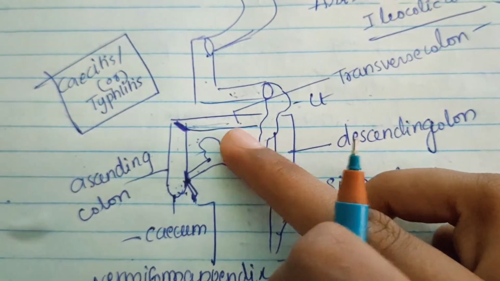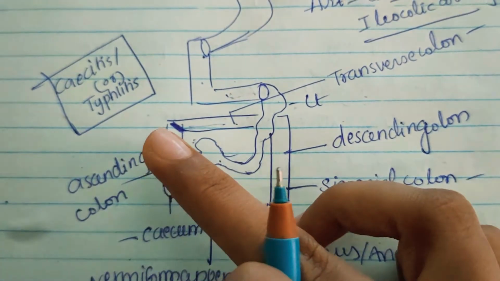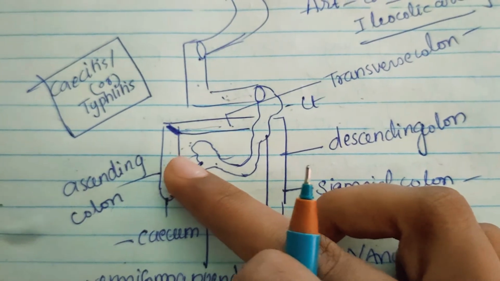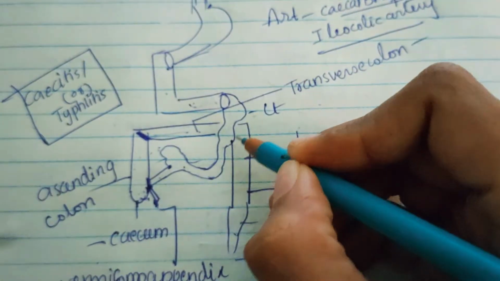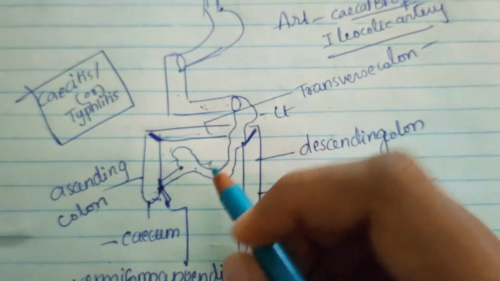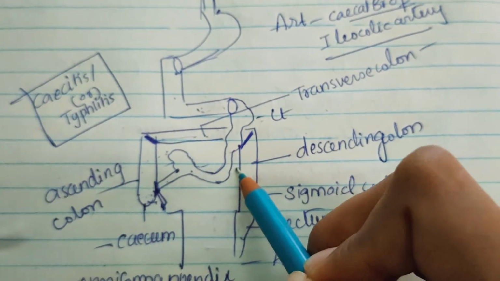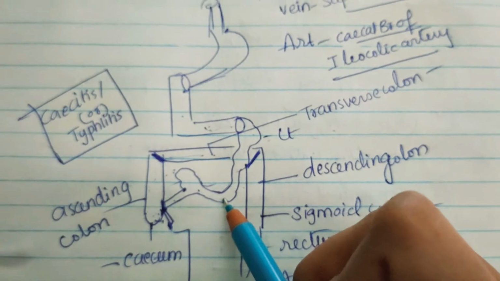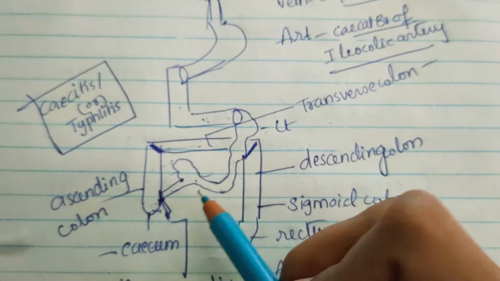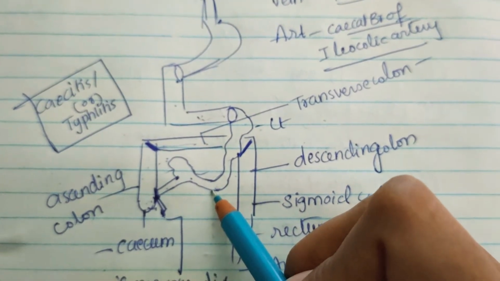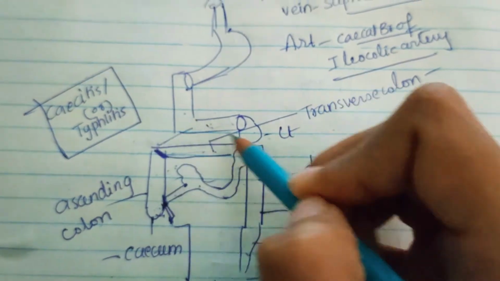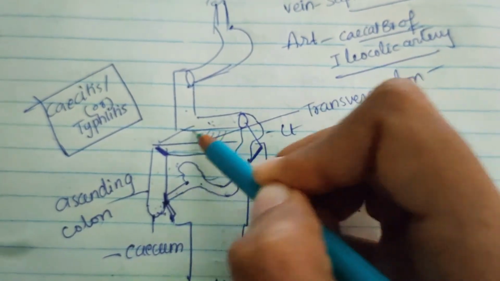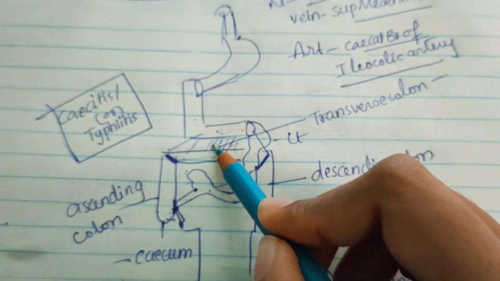So transverse colon is 50 centimeter long. It is extending from right colic flexure to left colic flexure. So left colic flexure will be here. Okay, actually it is not transverse, but it hangs low as a loop to a variable extent. Sometimes it also reaches the pelvis. It is suspended by transverse mesocolon. So you have transverse mesocolon on back side, okay? So it is suspended by transverse mesocolon,